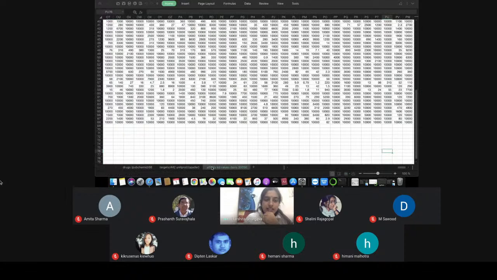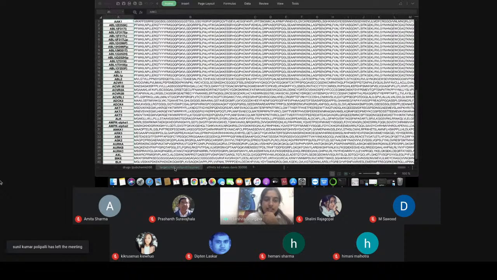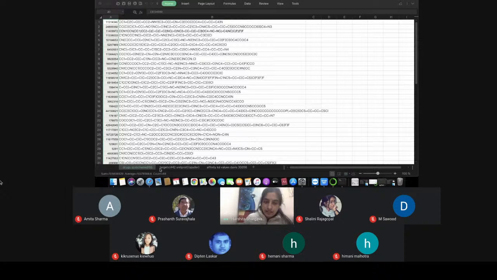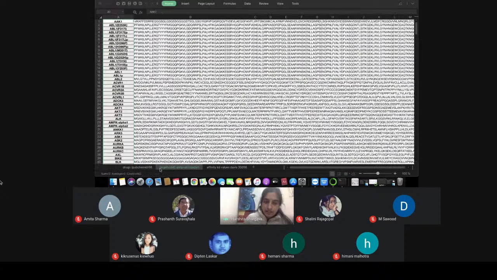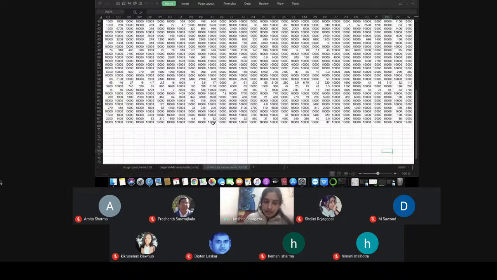These are the dissociation constant, that is the KD values. These are the binding affinity scores that have been listed in each and every cell. So this is a kind of pivot table you can say. So drug 1 and target 1, drug 1 target 2, drug 1 target 3 and so on. So for all the drugs and targets listed here, you have 68 drugs, 68 cross 442 proteins, these have been taken. So total 30,056 binding affinity scores are there in this matrix.